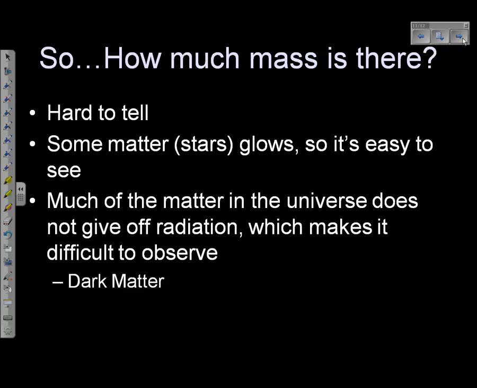We can see certain dark matter if light bounces off of it. But there are certain things that light might not bounce off of. A black hole. Light's not bouncing off of a black hole, right? So that's why we can't see it, but we can tell it's there. But remember, if we're going to try to determine the ultimate fate of the universe, what do we have to know about the black hole? How much mass it has. And if we know it's there, but we can't really tell anything about it, telling how much mass is there is kind of hard.